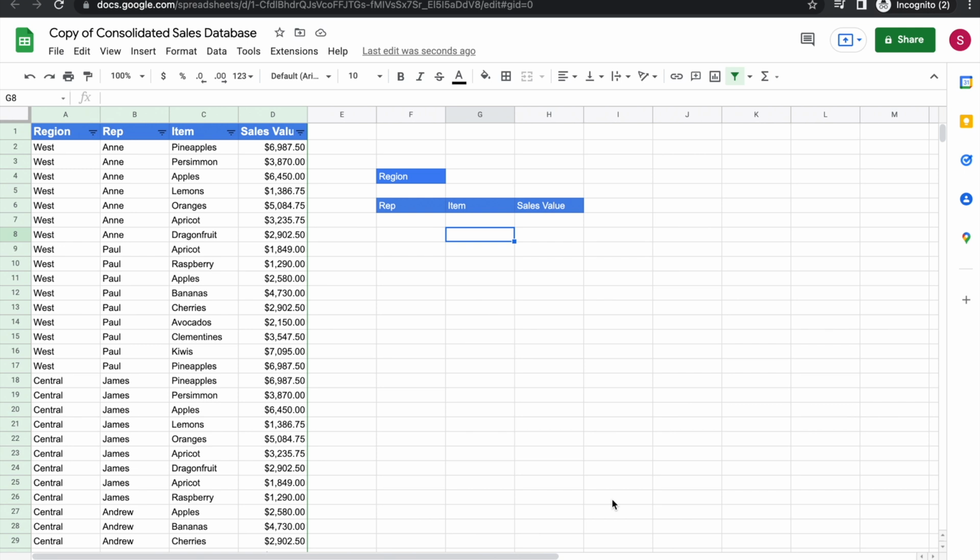In this tutorial, I'm going to show you how to use the filter function to return multiple match results in a way that updates automatically. So you're basically going to return all of the match results rather than just the first. To explain what I'm trying to do, I have here a table with sales data for different regions and